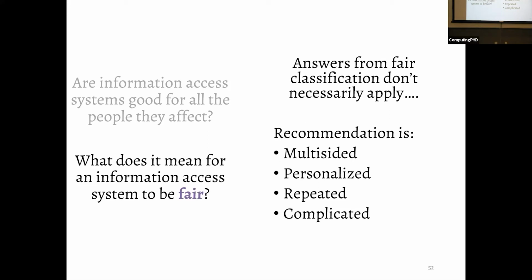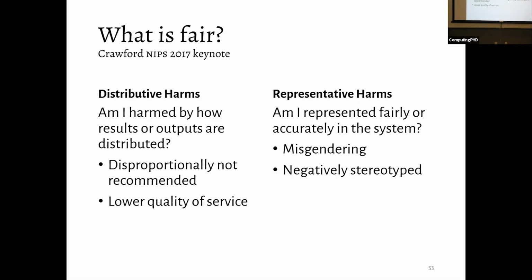And it's also complicated. We're working out some of those details. But when we think about what is fair, there's a variety of different ways to break down what is fair. Kate Crawford, in her keynote a couple of years ago, talked about two broad categories of harms that unfairness might induce. And one is distributive, which is how are resources being distributed? So that resource might be